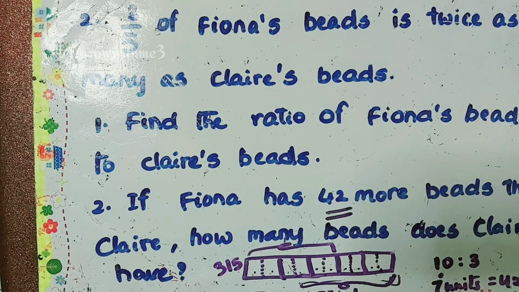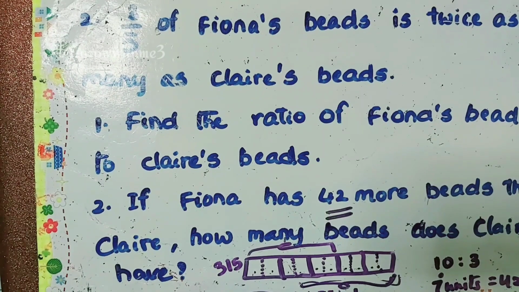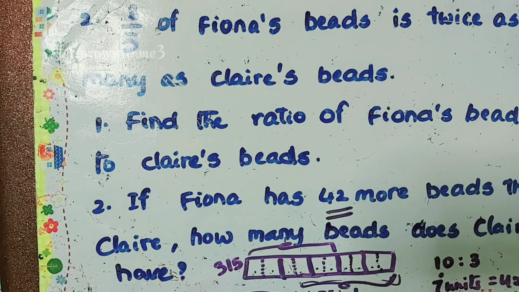So what we did, first whatever the values you have, you try to make them equal. Okay, quantity should be equal, then we can compare. If we compare, you will get 1 unit value. So once you got 1 unit value, you can easily find whatever they are asking. Okay, that's how we need to solve the ratios problem. So first step you have to make the quantities the same, then compare.